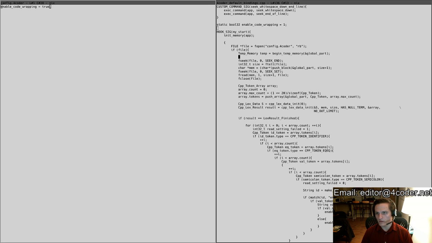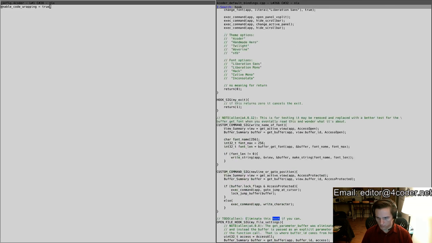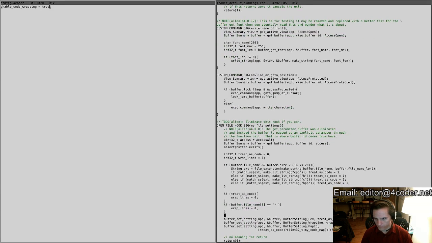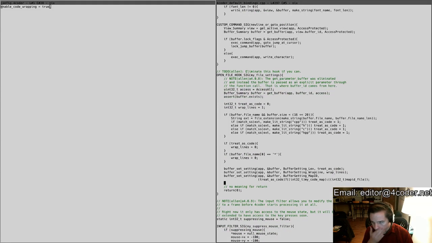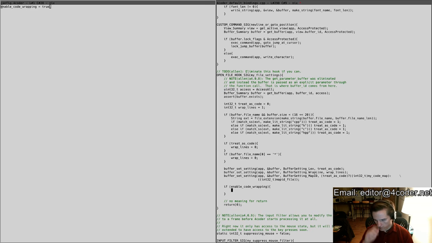And then we'll come down here, so hook open file, if enable code wrapping, and do I have